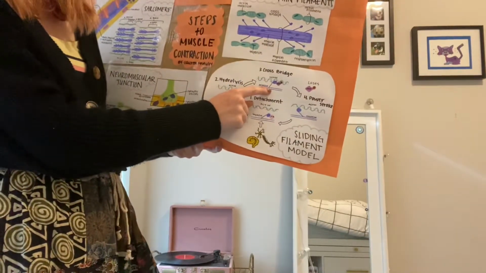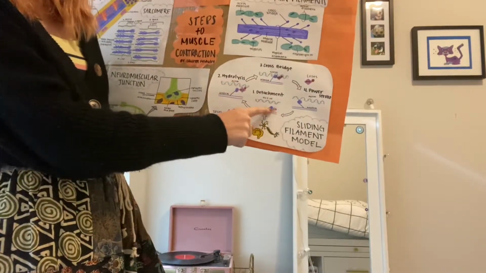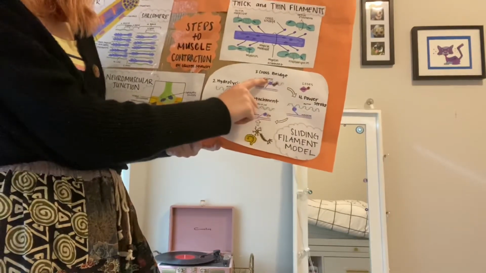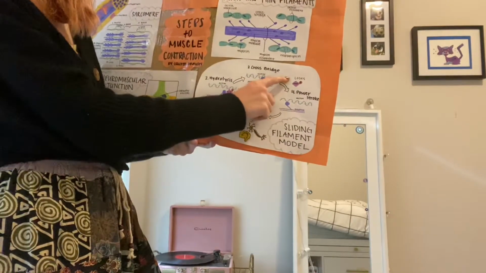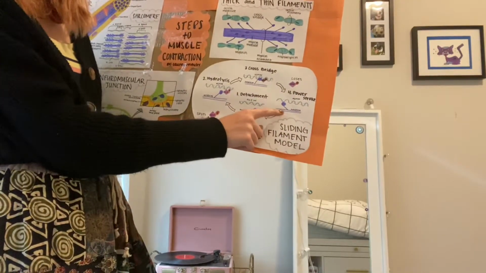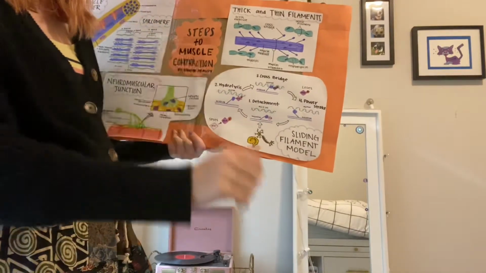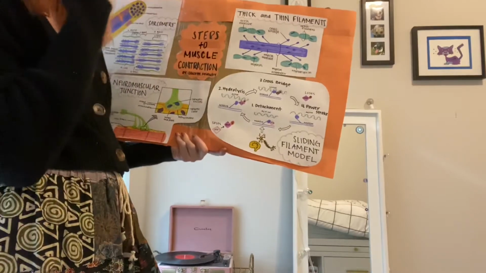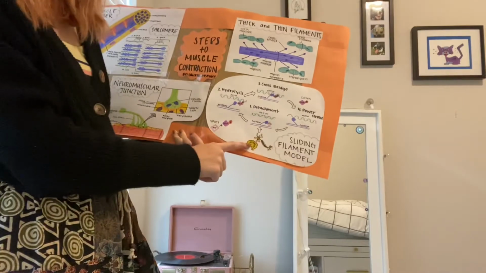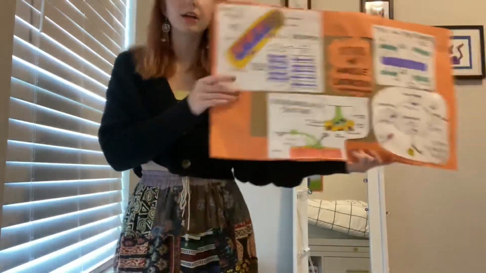Then during our cross bridge, it's coming even closer, and as it goes, it has a steeper angle, steeper slope. Then from the cross bridge to our power stroke, it's going to lose that ADP and P molecule, and that is when it's going to go backwards. That's how our muscle moves. So it goes like that, and then it's going to come back down. And then it's just going to do that again as our brain wants us to move our muscles. So that is the overall steps to